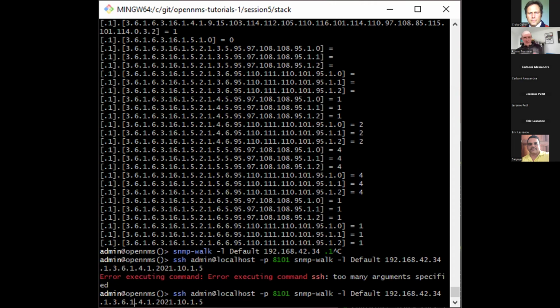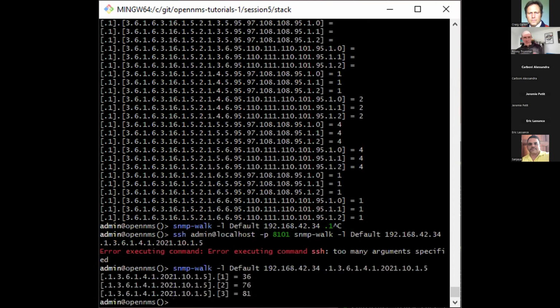So there are various ways. It's pretty similar to what we did yesterday. When you receive a trap, you need a way to make sense out of that trap, and that's where you need the MIB. In OpenNMS, it's a similar thing for data collection. You can generate the configuration file for Collectd from a MIB the same way.